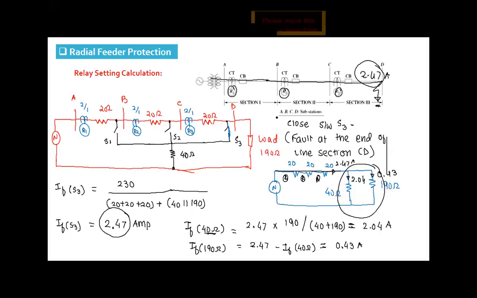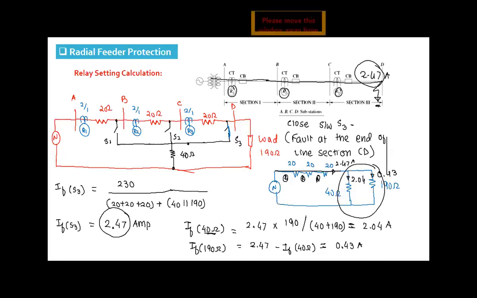Now, that means for fault at the end of line section CD, which is the last point on transmission system, because after that there is only load. So all three relay will pick up. Why it is required? It is required for backup protection. Suppose R3 operates, then there is no issue. But suppose R3 failed to break, then